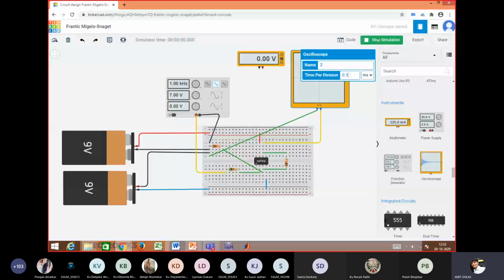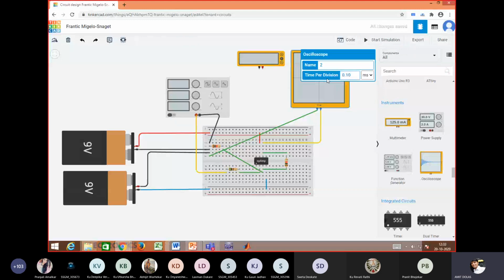Again, network speed is slow. I'm trying to stop this simulation, but there is waiting time. It may appear somewhat delayed at your end. Okay.